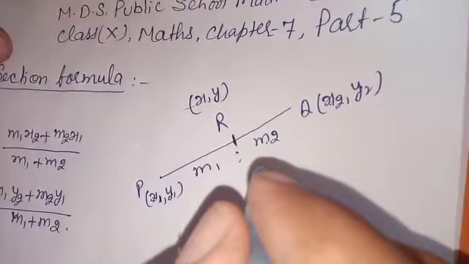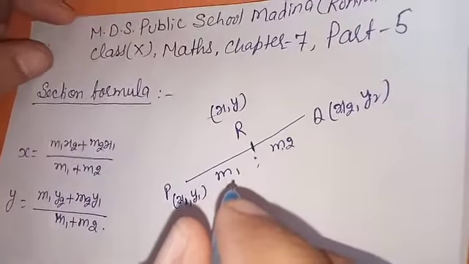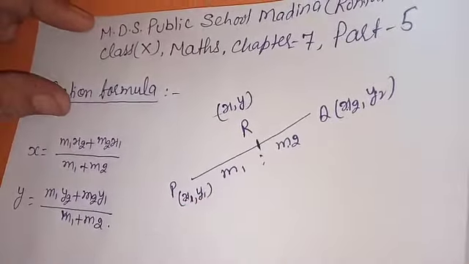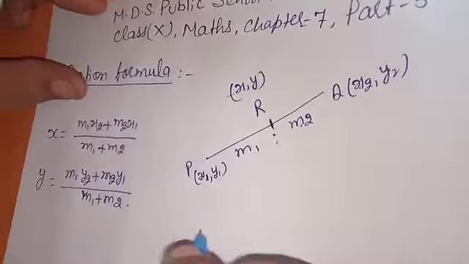This is known as the section formula. There is another way also. You can say this is a point P whose coordinates are x1, y1. This is Q whose coordinates are x2, y2, and this is the point R. You can see it divides in the ratio k to 1. So what are its coordinates? Let them be x and y.